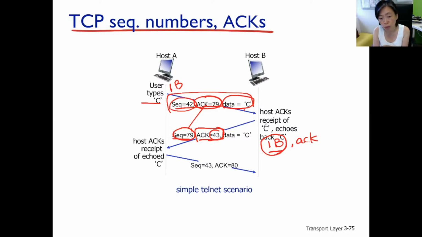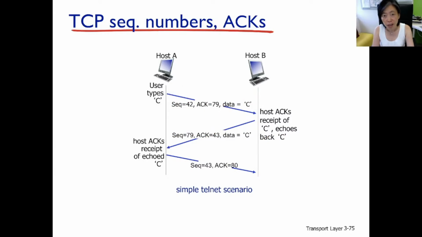And this is also host B telling host A what is the next data byte expected. And therefore we see the next packet coming back from host A, sequence number 42. But host A here is not echoing C anymore. All it needs to do is to what? Acknowledge receiving this packet. Right? So the ACK number needs to be what? The last byte received by host A, which is 79 because there's only one byte, and counting further by 1. Therefore, we get 80.